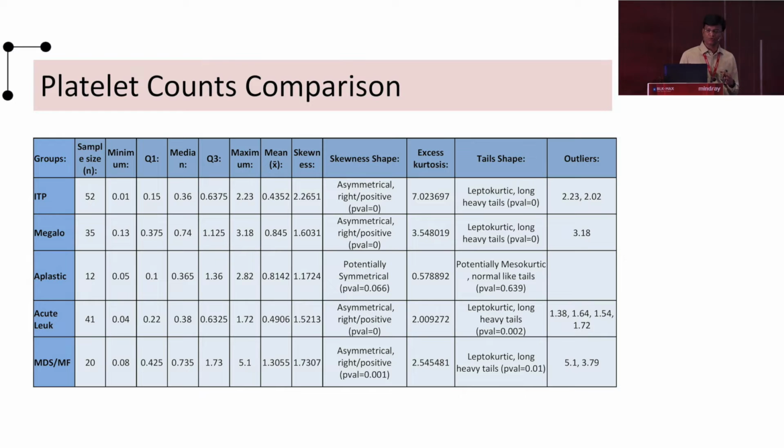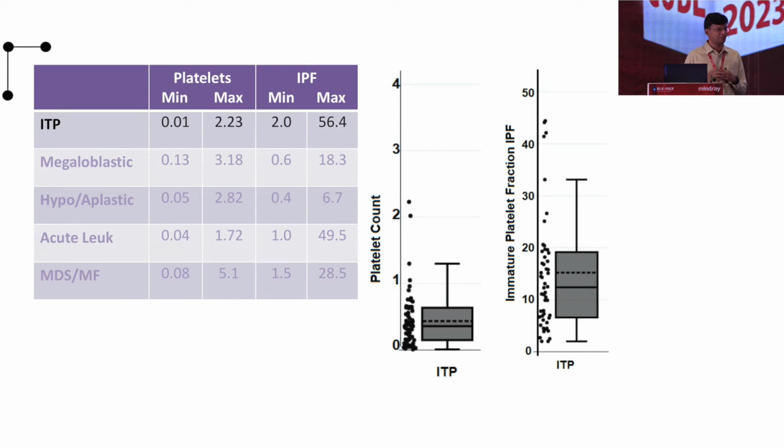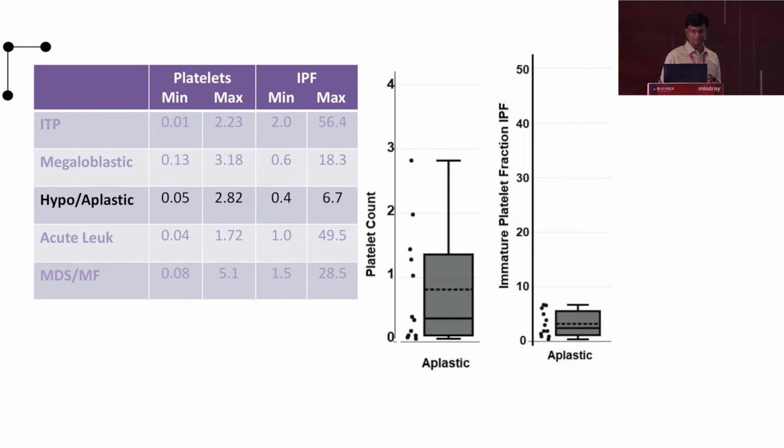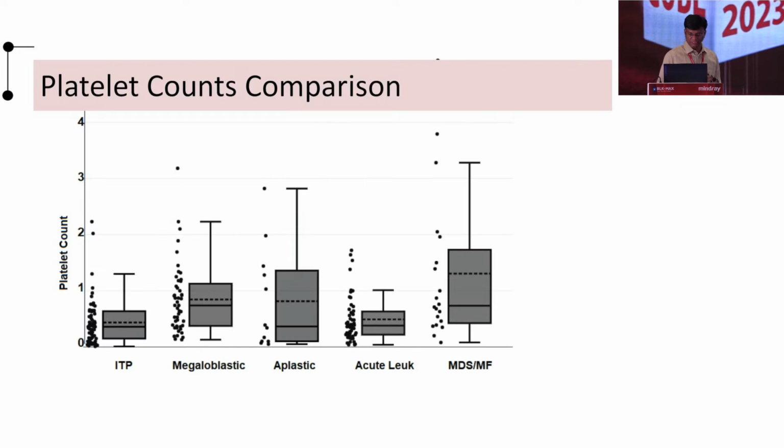Then we had data of around 200 plus cases, and we tried to put it in a chart. Initially, when we put it in a chart, I couldn't understand how to make it out, same as with the IPF. Then we started plotting this in box and whisker plot diagrams. We did it for ITP, megaloblastic, hypoplastic anemias, acute leukemias, and myelodysplastic syndrome and myelofibrosis. When we see them individually, it's very difficult to make out what the increase is, so we clubbed them one next to the other,